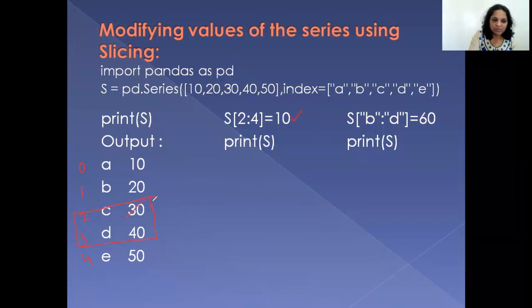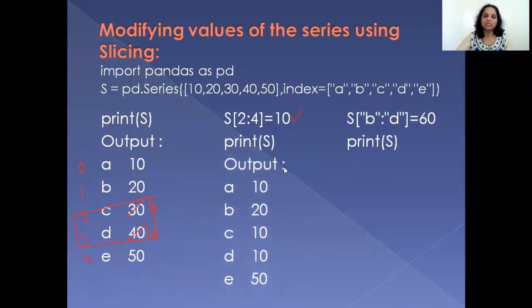So this becomes 10 and this becomes 10. So if you see print S now, you have changed the data there, and you will see that I get C and D with 10. The others remain unchanged.